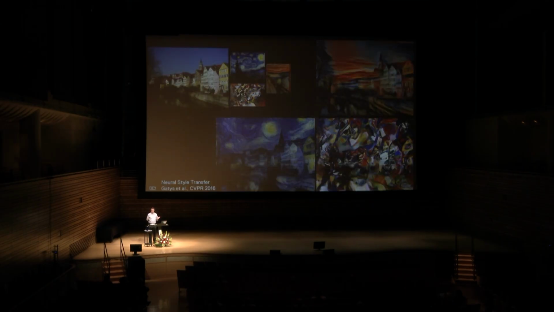Of course, then we had the era of deep learning and neural networks, and that enabled a whole different kind of work on what was called style transfer, where again, you provide an input image, which is the content, and you provide some source image, which is called the style, and then you can make these new images in different styles, basically with a push of a button. And this generalizes now to 3D scenes.